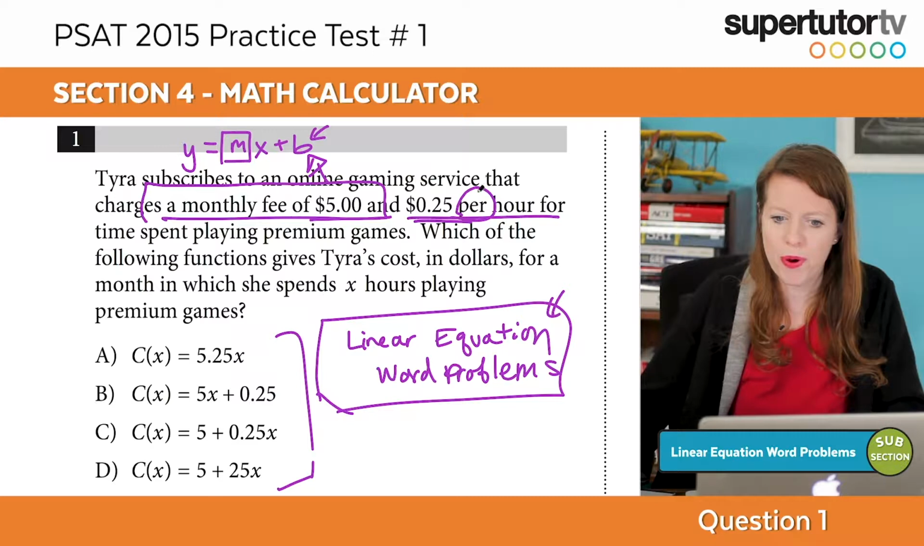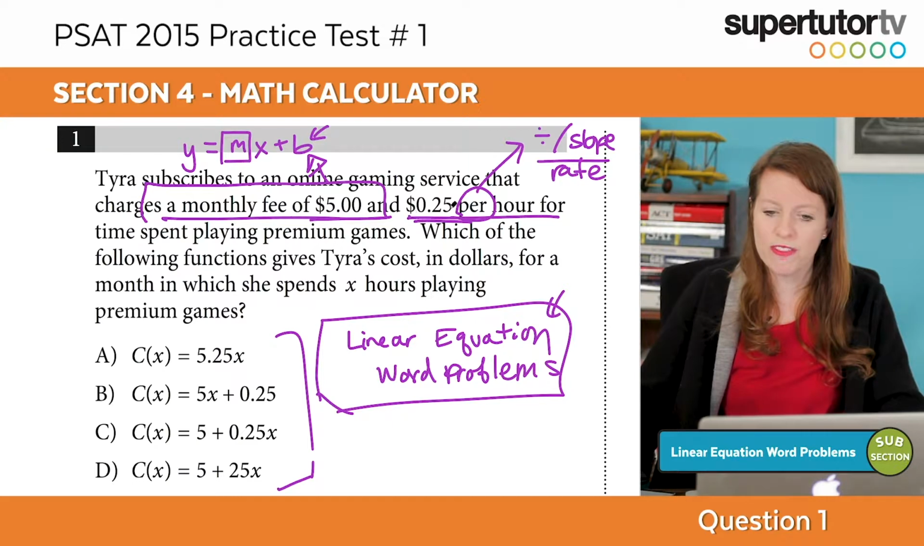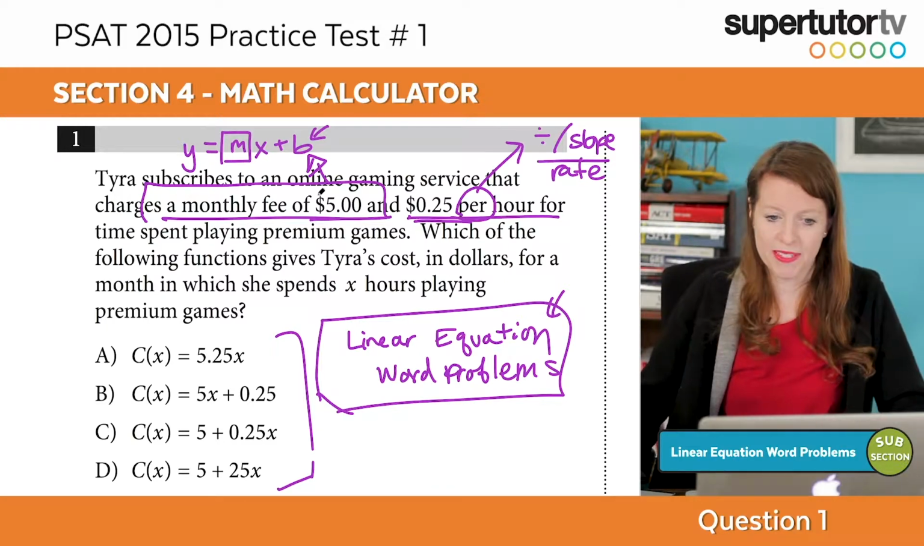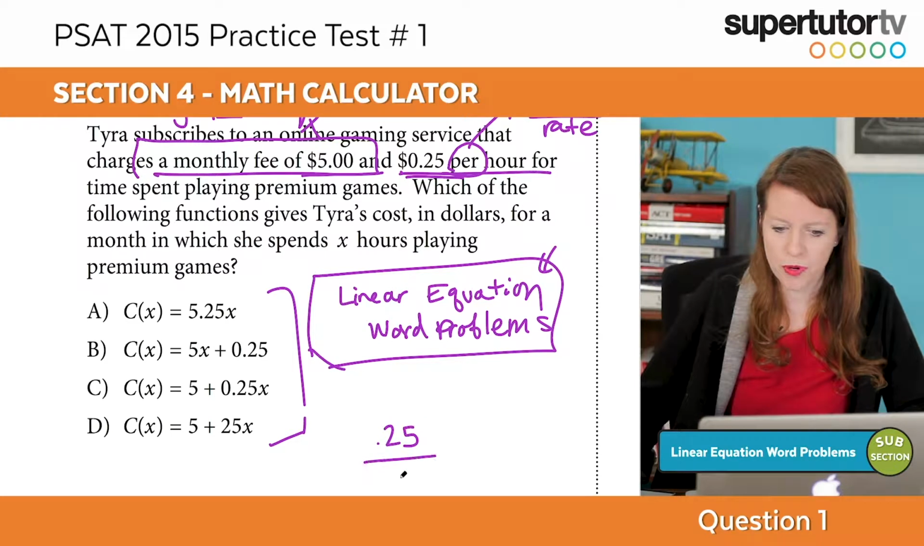Remember, whenever we have per, that indicates divide, or a slope, or a rate. Rates and slopes are usually the same. Whatever the m is in a word problem, it's usually a rate. So when I see 25 cents per hour, I know that's a rate, and chances are that's going to be my m, for time spent playing premium games. And this is how I figure it out. If I do 25 cents per 1 hour,